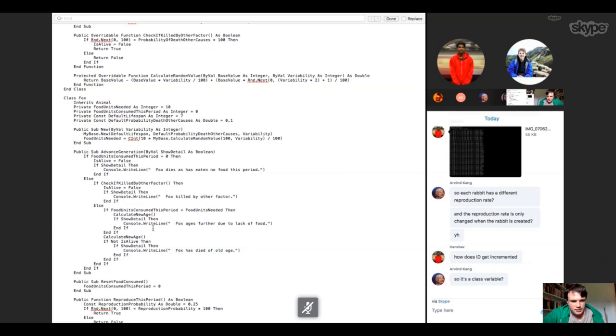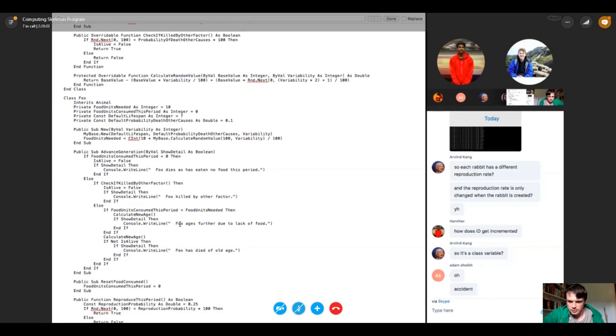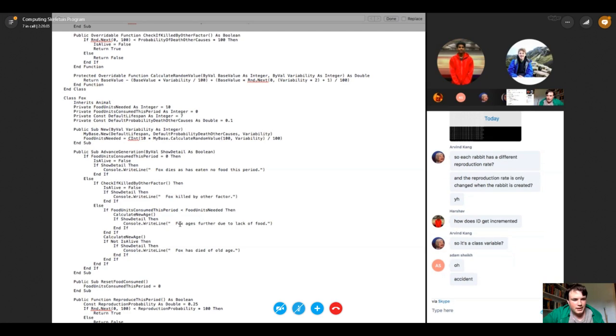If show detail, then you say the fox ages further due to a lack of food, then it ages again. So if it did eat the food units, it still ages, but if it didn't eat the food needed, then it ages twice. And then if not